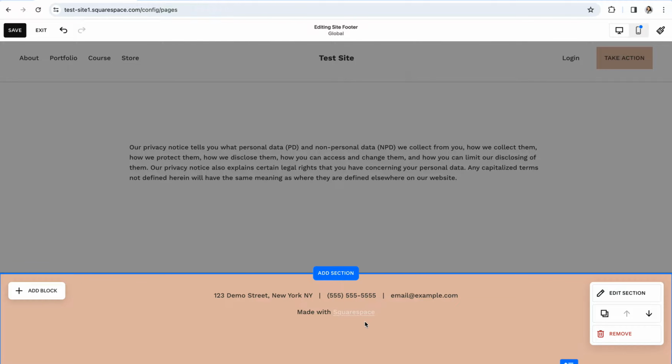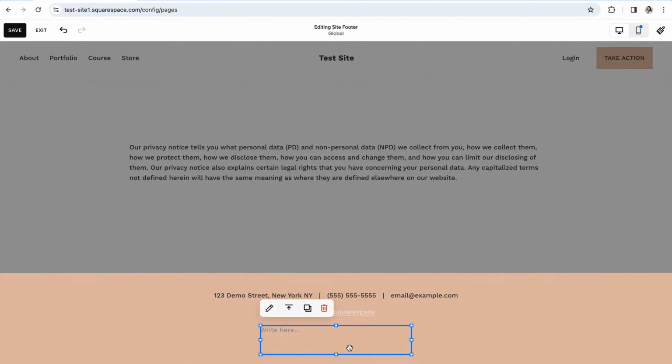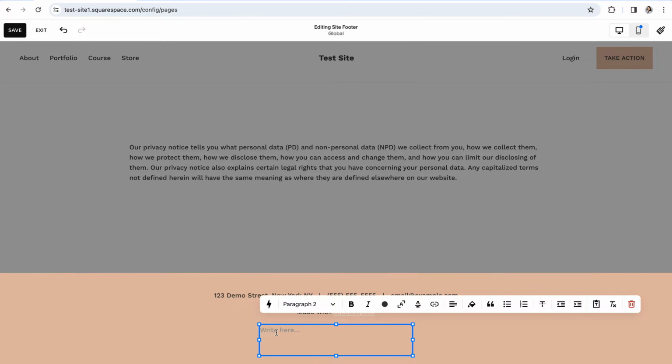Once you're happy with the amount of rows that you've added, you can then add a text block. So to do that, click Add Block and choose Text Block. You can then move this to the center of your footer and we'll go ahead and link our policy pages. So to do that, type out the name of your policy page. So we'll start out with